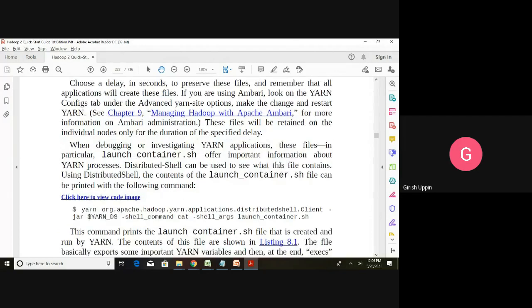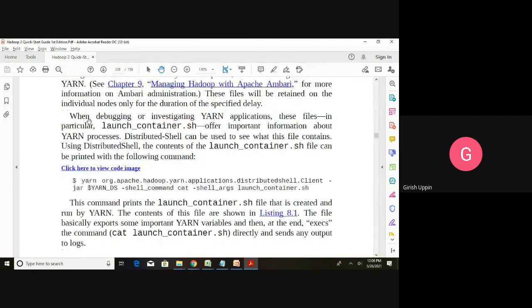For debugging purposes, when investigating a YARN application, these files, in particular launch_container.sh, offer important information about YARN processes, and distributed shell can be used to see what the file contains. Using the distributed shell, the content of the launch_container.sh file can be seen here.